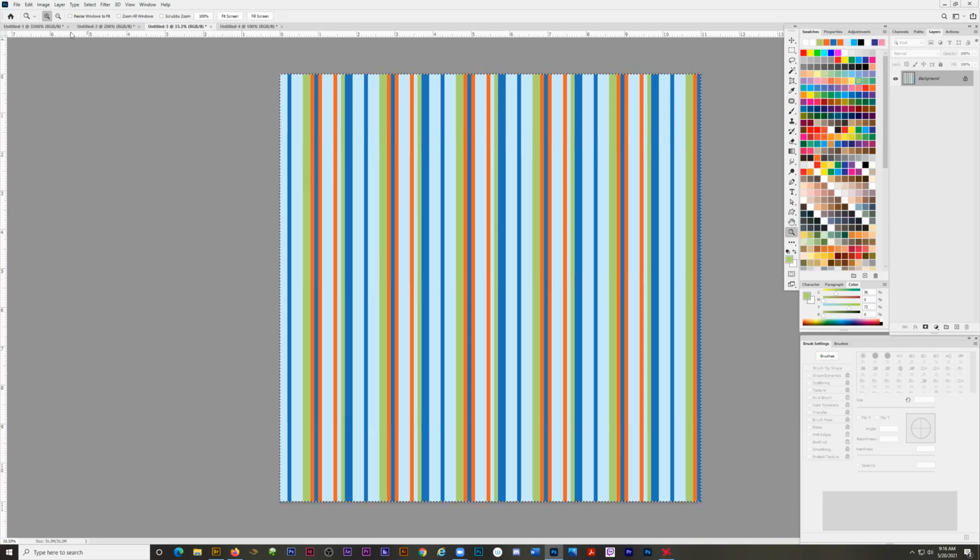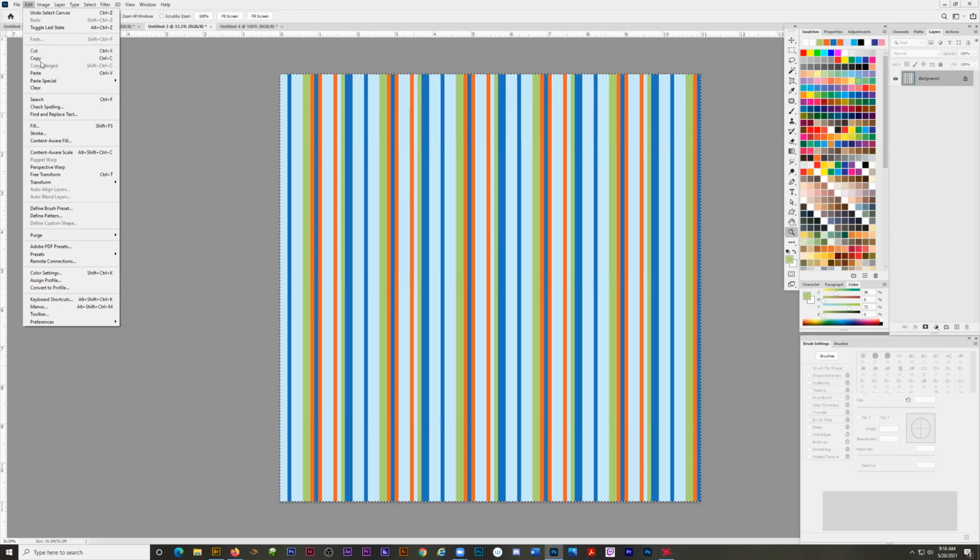or you can go to Edit and there's a copy option and it'll tell you. If you're on a Mac, it'll be Command C. If you're on a PC, it's Control C. So Control C to copy. Then,